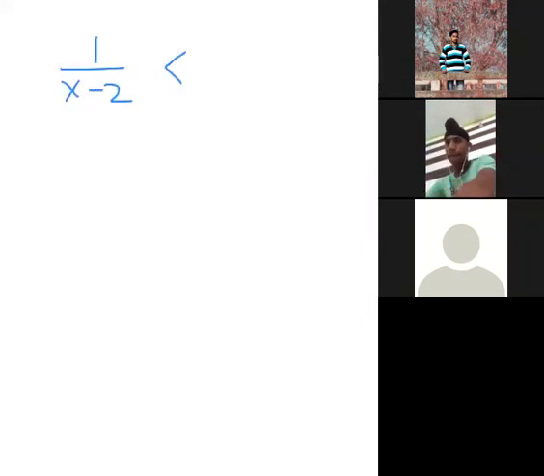Let us try to understand with a question. 1 upon x minus 2 is less than 0. I need to discuss about x. So what I'm trying to do, I'm making its reciprocal. And I have told you, whenever we make the reciprocal, we will be applying invertendo. Hope you remember invertendo. It was in class 9th and 10th also. In 11th, before summer break, I have told you about it also. So when we reverse it, it will become x minus 2, and the inequality symbol will reverse, is greater than 0.